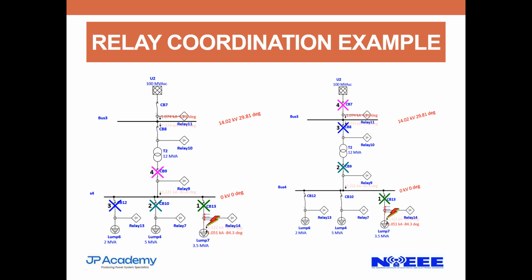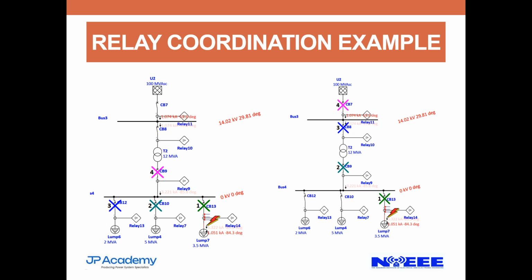Okay. Now, any other idea? Or we all agree with him? Because he actually made sense. This is where the fault is. So why are we rushing to isolate this point? Because once this point is isolated, then these feeders are out. Remember, we have our objective to limit loss of continuity. Any other idea?